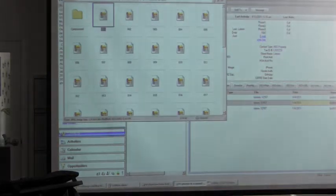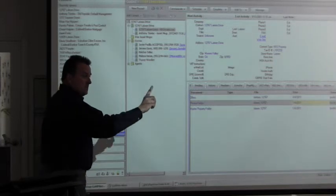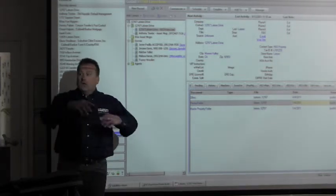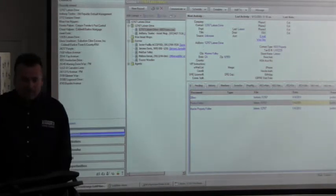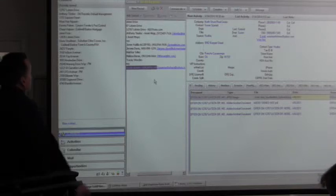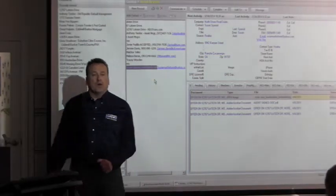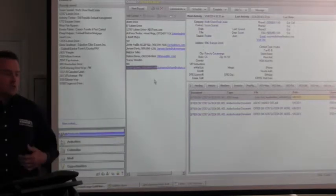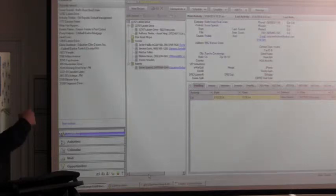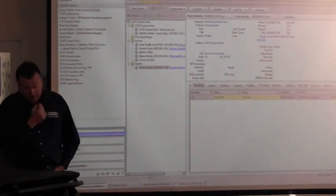But the whole idea, again, is managing buyers, sellers, listings, escrows, agents. I'll give you another example, speaking of agents. Susan's an agent with North Shore Real Estate. Susan is the agent that basically sold this property. She was the agent that we worked with on this. Now again, this escrow closed several years ago, but maybe Susan called me